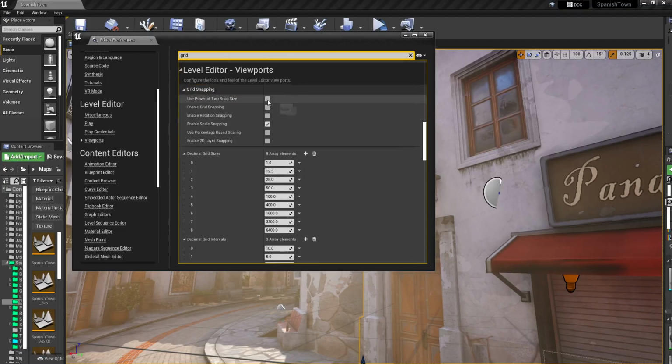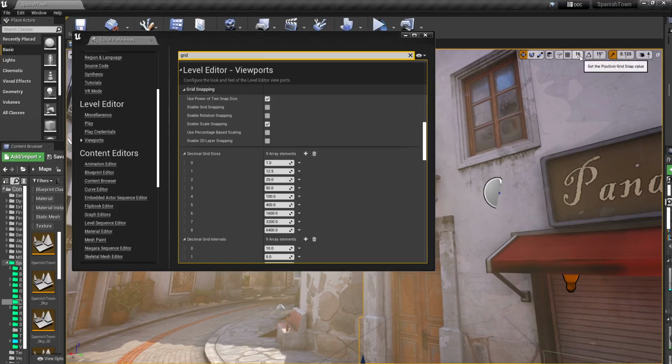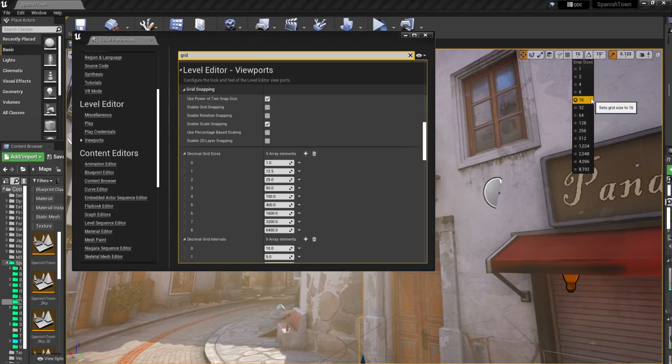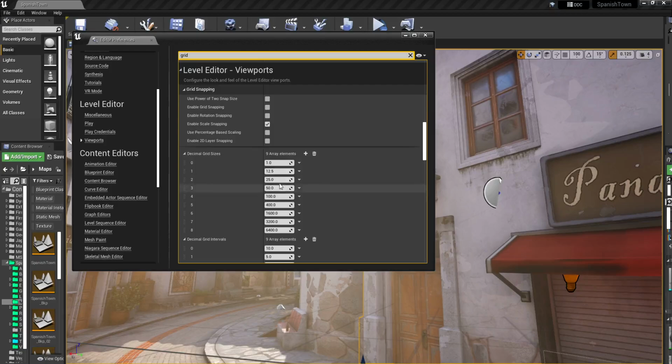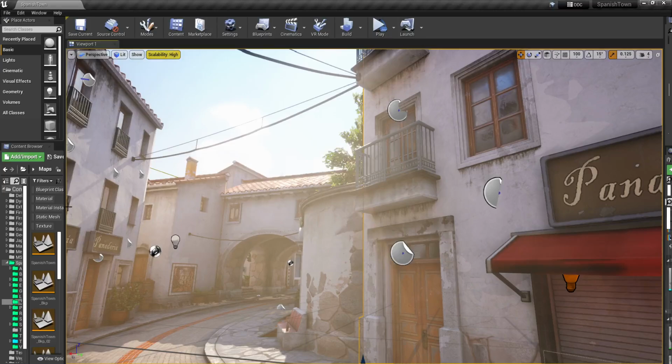This option, use power of 2, is going to make you use like 16, 8, 4, 2, 1. So this is an option too, but then you're still going to be missing the smaller ones, but you can just do this by hand. So now when we drop that cube,